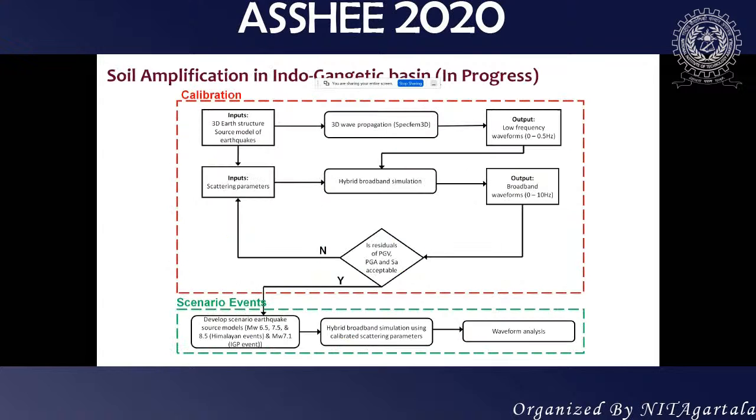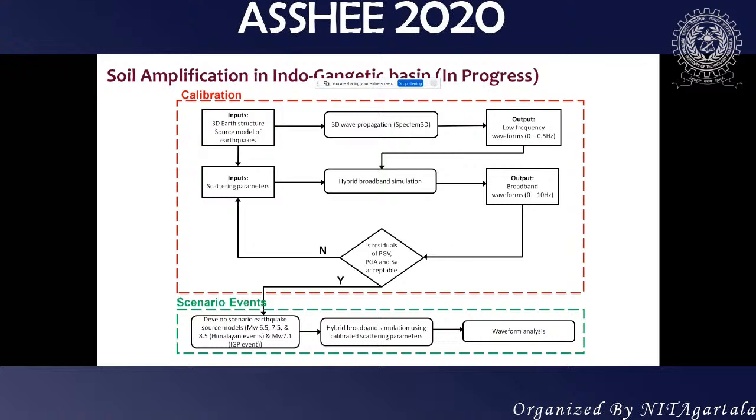And now in India, the main thing is hazard is one issue. All the hazard maps are valid at B type rock, that is 760 meters per second. But the most challenging thing in India is this Ganga Basin. The Ganga Basin is a highly complicated geological structure, where you will see amplification not only from soil amplification but the basin effects. So they become very, very important.